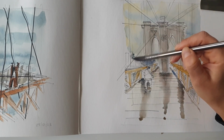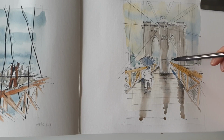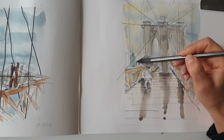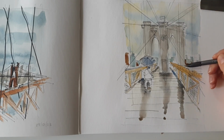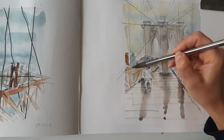You will see that there are those horizontal beams sticking out of the bridge. So I haven't painted them yet, but that's why I'm not actually painting water, because there are some horizontal beams sticking out. So it's going to be more of a yellow color than a blue color. Okay, so we'll add just a few darker areas,